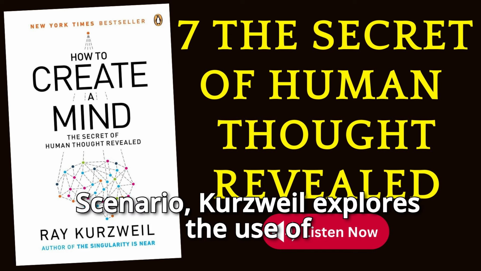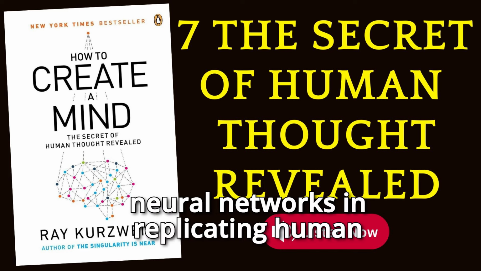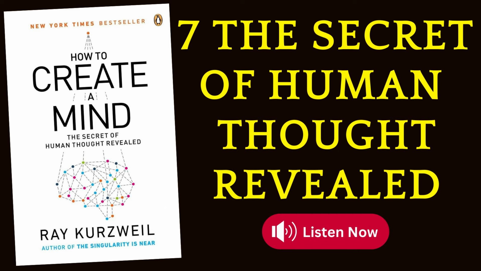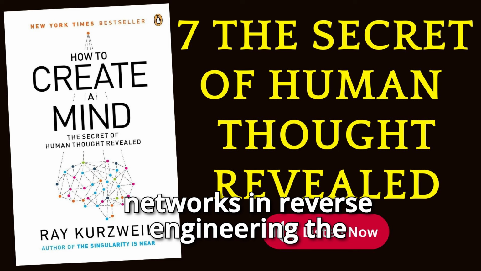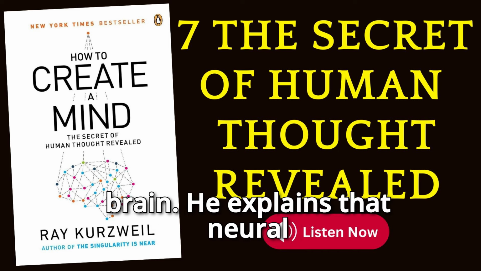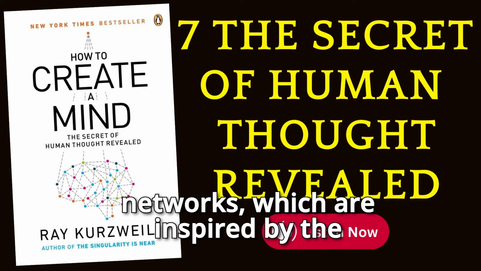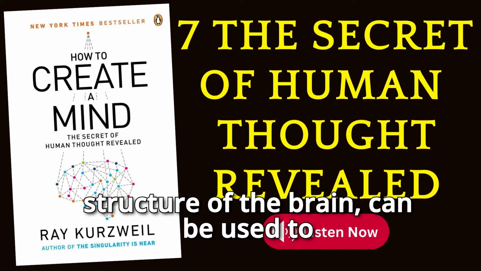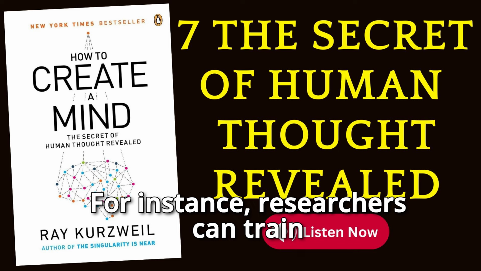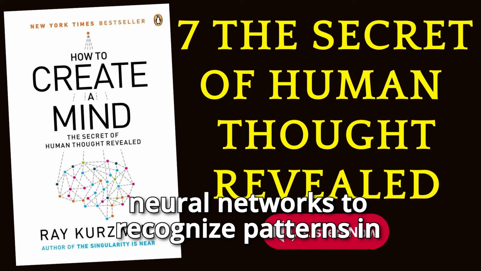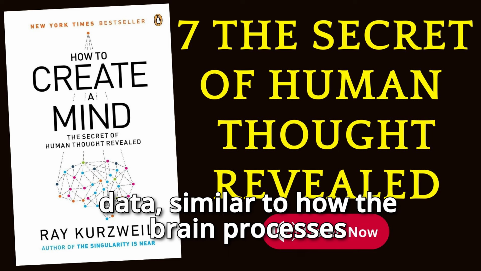Scenario: Kurzweil explores the use of neural networks in replicating human thought processes. Narrative: Kurzweil discusses the role of neural networks in reverse engineering the brain. He explains that neural networks, which are inspired by the structure of the brain, can be used to model and simulate its functions. For instance, researchers can train neural networks to recognize patterns in data, similar to how the brain